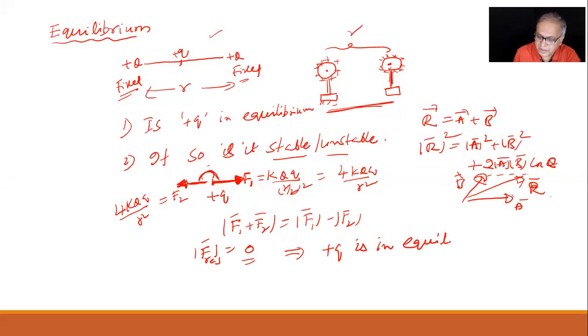I went into details, children. I'm assuming that you don't know anything, and from there I'm starting. So I want this to settle in your minds very clearly. Not only this plus q, children, even if I had a minus q there also, it will be in equilibrium. Or if I had even plus some 2Q also, that will be in equilibrium. Whatever charge at the midpoint I've got, that charge will be in equilibrium. Is it all right? Have you got any question to ask?